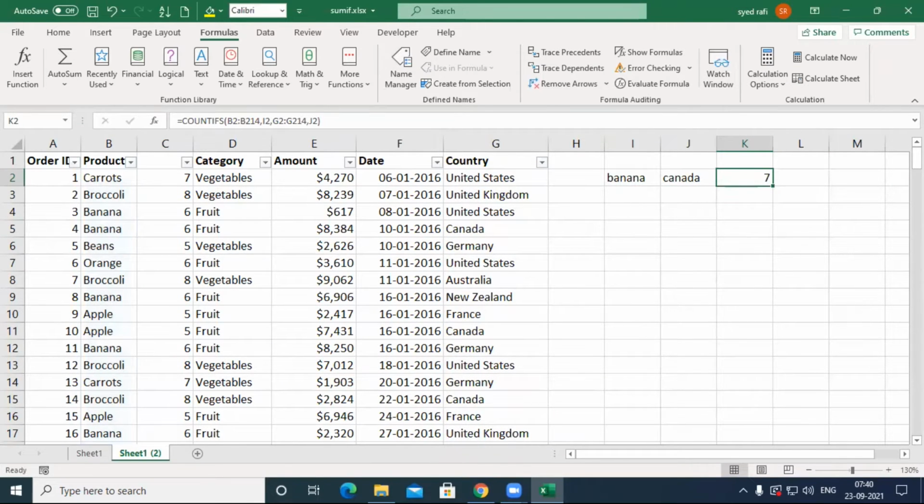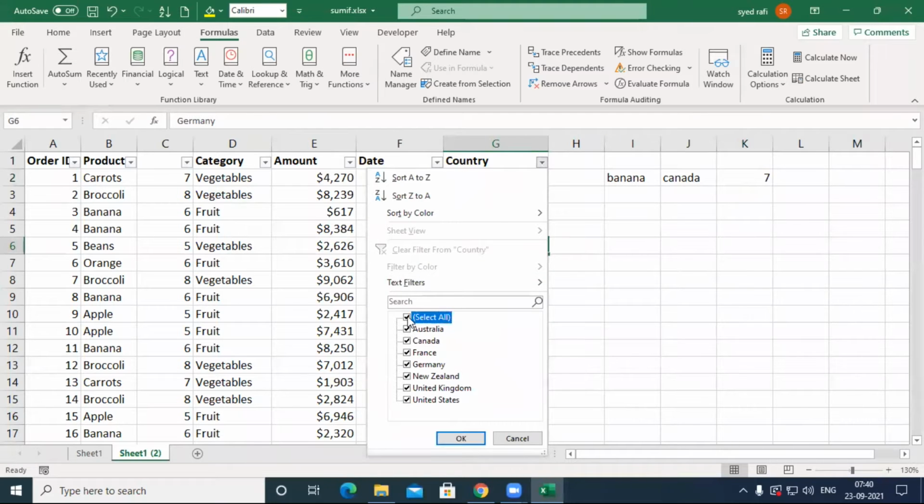This means the country will be treated as Canada and the product must be banana. Let's check, it returns 7. We cross-check this one. I take this country as Canada.